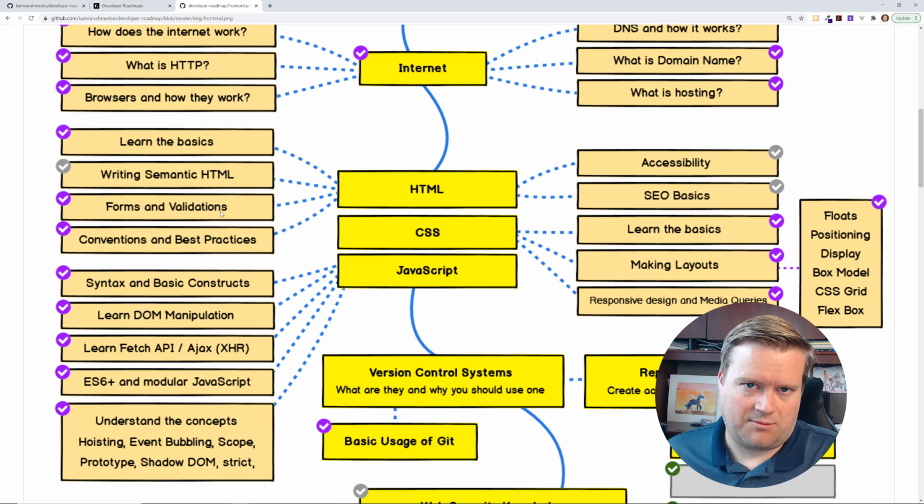So on the JavaScript side, syntax and basic constructs, learn DOM manipulation, learn fetch API Ajax, ES6 modular JavaScript, understand the concepts, hoisting, event bubbling, scope, prototype, shadow DOM, strict. This is a lot to learn for JavaScript, and I think really when you first get started, I don't think you necessarily have to know every one of these. Obviously, ES6 is pretty important in learning the Fetch API, but maybe you're at a company